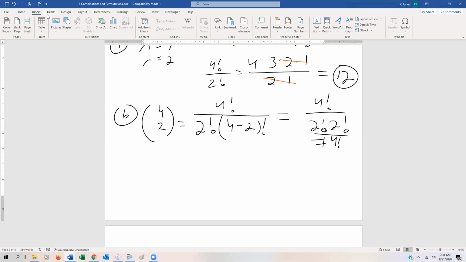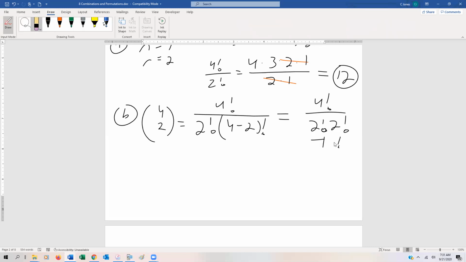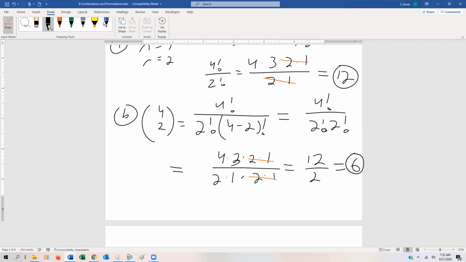So what we're going to do instead is just expand. Let's use our definition of factorial. We know 4 factorial is 4 times 3 times 2 times 1. In the denominator, 2 factorial is 2 times 1, and then another 2 times 1, just like we did before. One set of the 2 times 1 can cancel out, and we can just multiply this out now. 4 times 3 is 12, 2 times 1 is 2, and by advanced multivariable calculus, 12 divided by 2 is